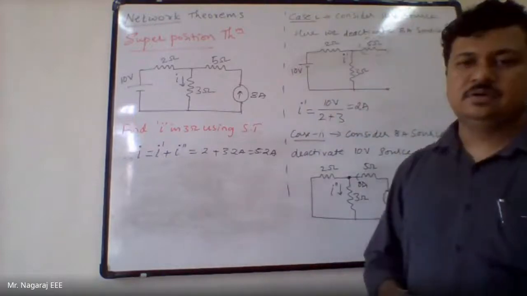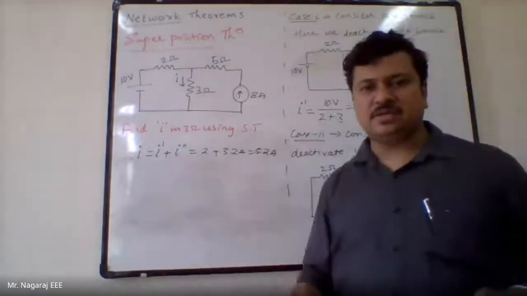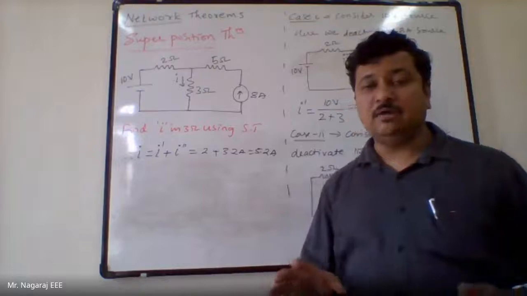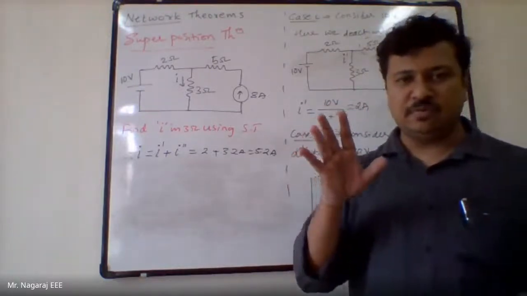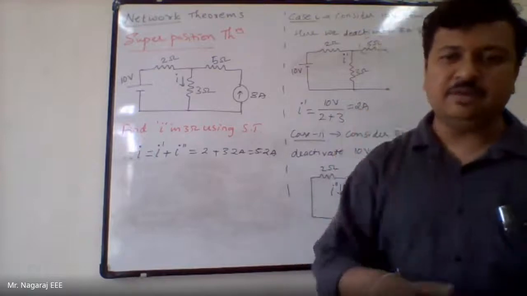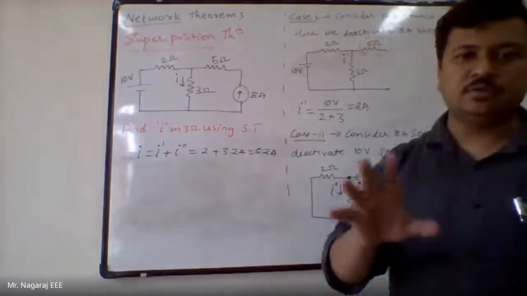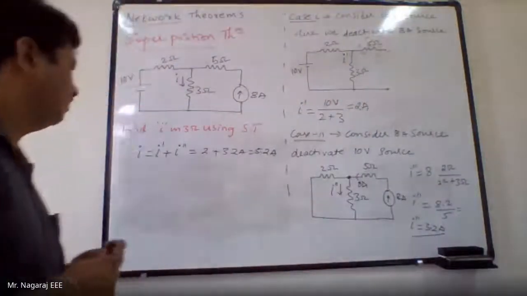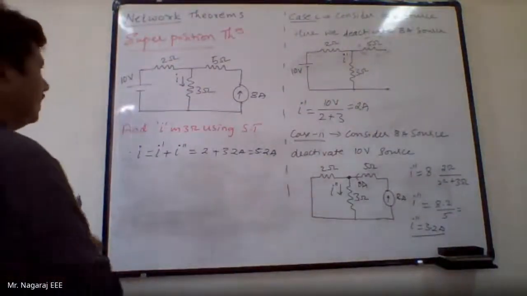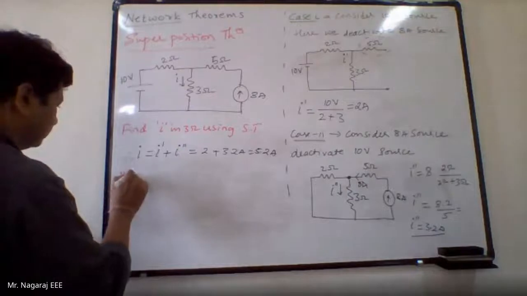It is true. But if the circuit is very complex, I cannot do that. So I don't want to verify for every circuit. I want to make you believe that the superposition theorem holds good for any linear circuit. So I want to verify. So simply write the loop equations.